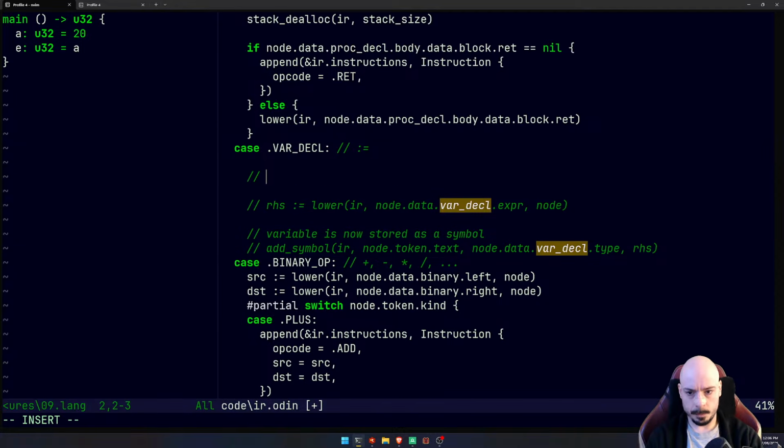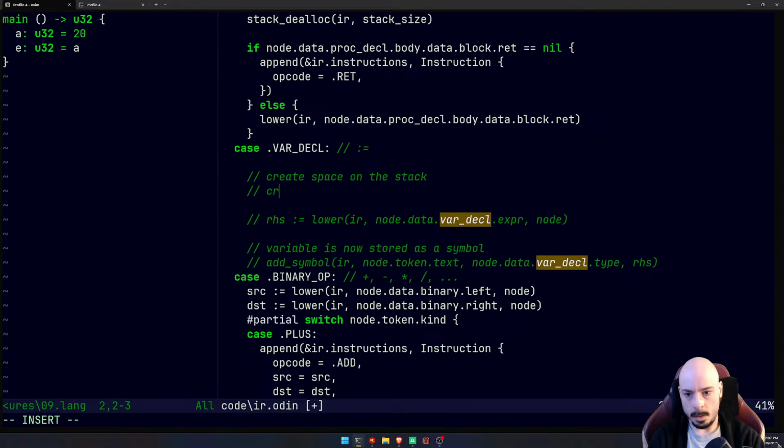We've got create a symbol. But I guess create a symbol on the create space on the stack and bind the symbol to